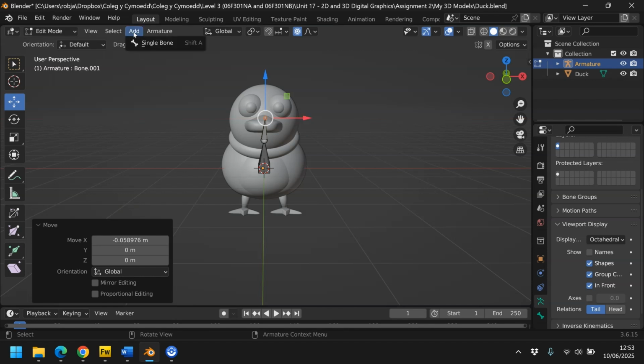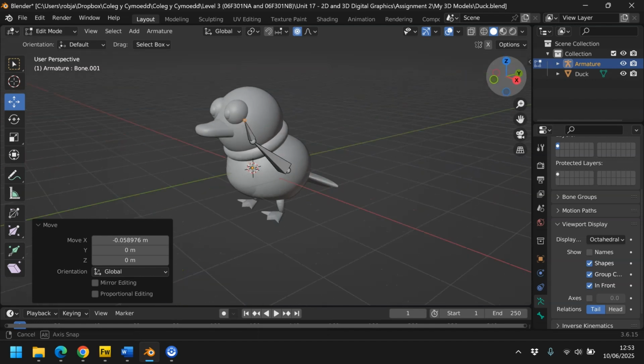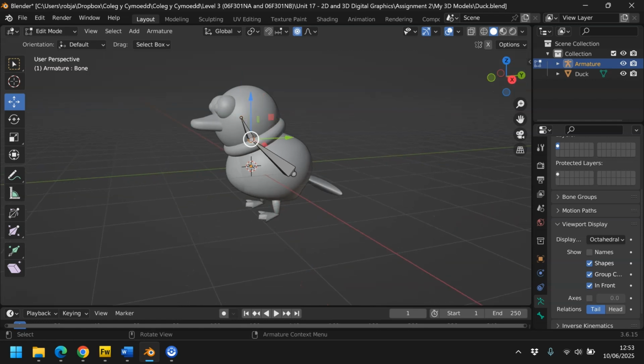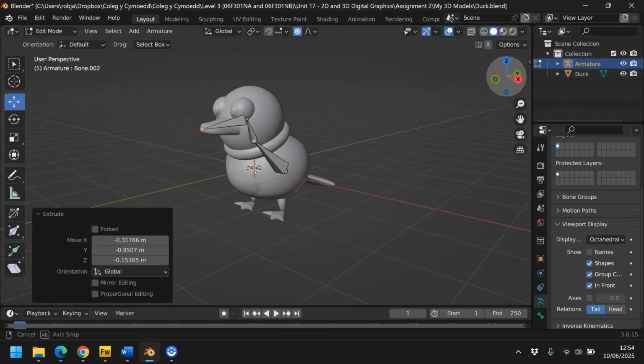There is an option to go to add bone, but what it does is add a separate bone to the skeleton, which is a bit pointless in some ways. There's probably a use for it. So I'm just going to continue clicking on these points and pressing E to bring out the next part. So there's going to be the beak, and I'm going to do the